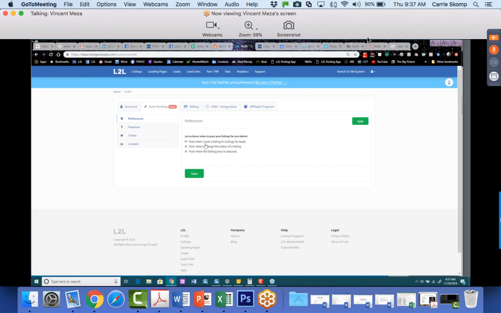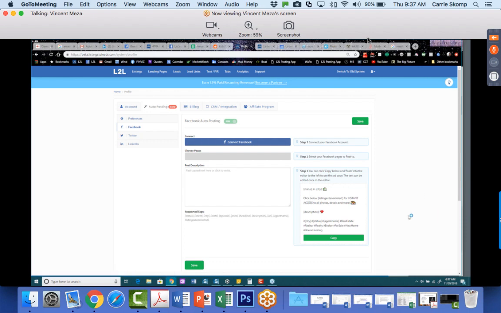So these are all, your listings hit our system automatically via List Hub. They sweep your MLS, and 3 times a day, we pick it up from there. And if there's any changes in status, or if the price is reduced, we're going to auto post that new message up to your social media. So you need to check all 3 boxes, click save. Then you need to go to Facebook,